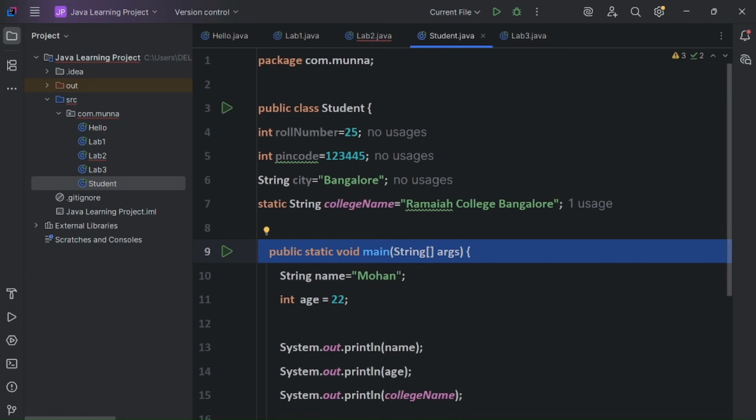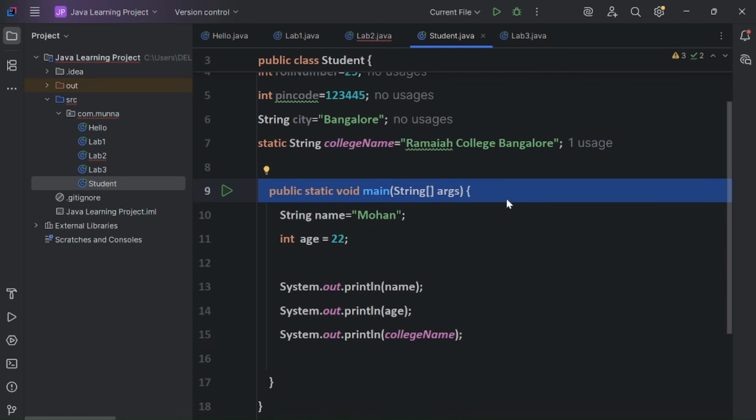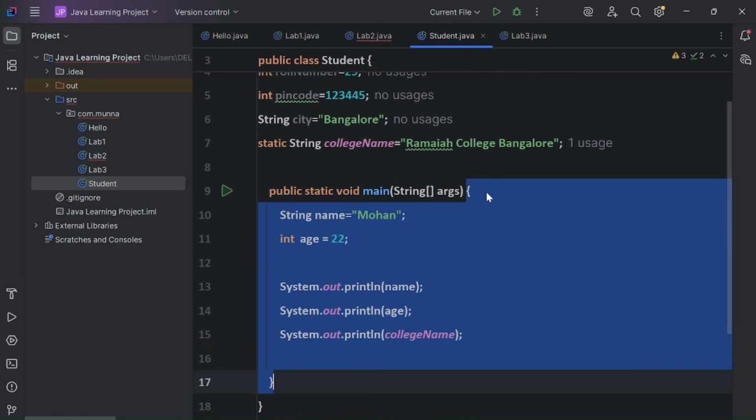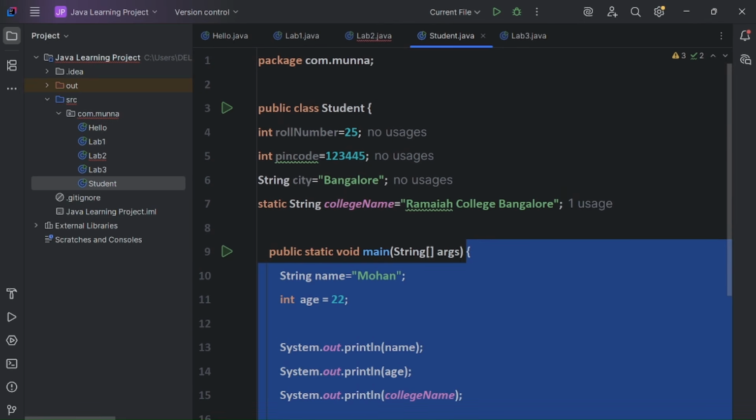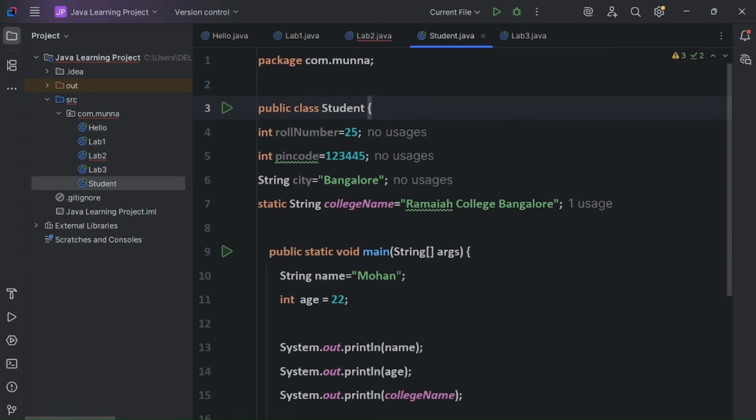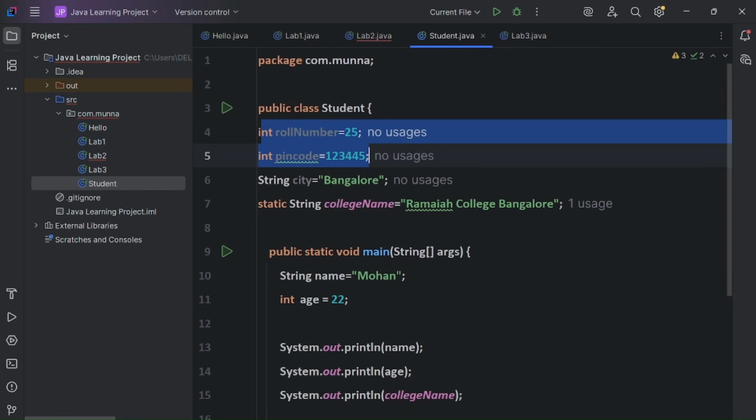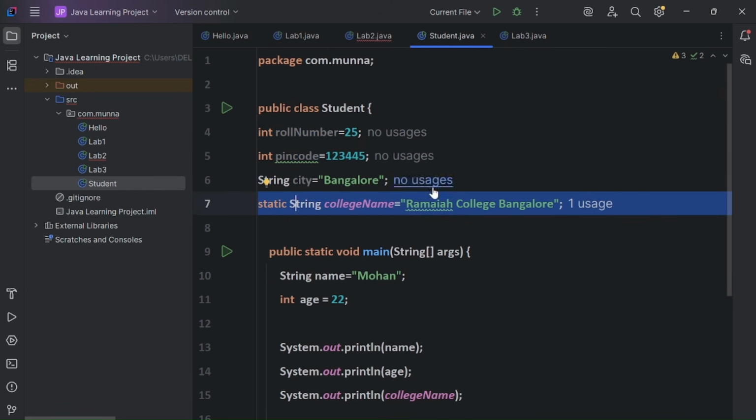outside the method, guys. See, the method is starting from here, the main method, public static void main. So it is outside the method and inside the class. That's why it is called the instance variable, and this is called the static variable.